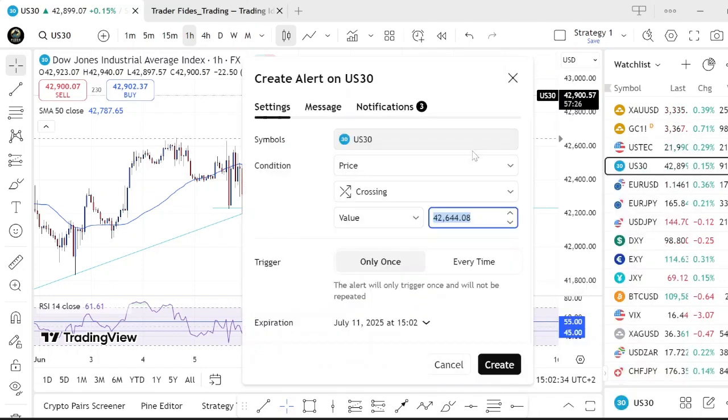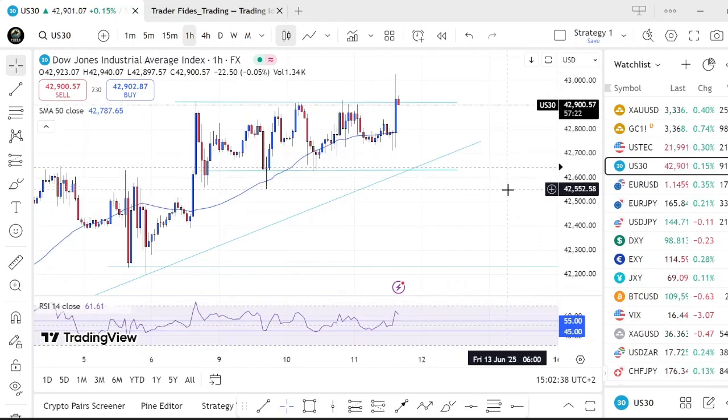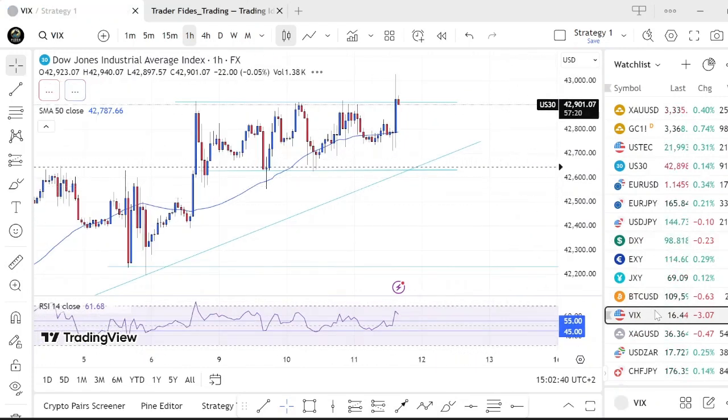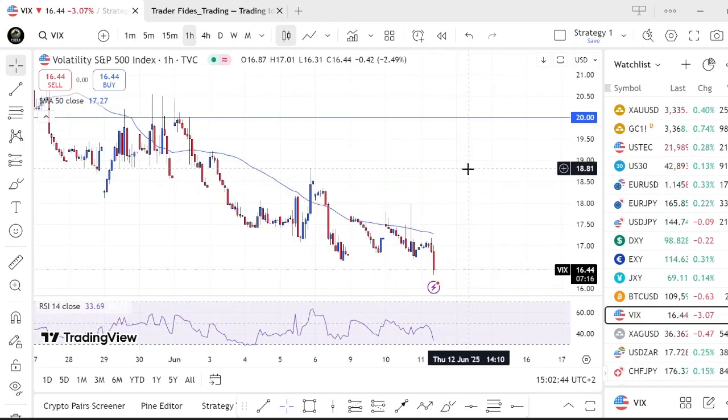So I will mark this off with an alert. So that's pretty much how the indices have been moving, and then we're going to drop into the VIX and see what the VIX is doing. We can see VIX is currently at